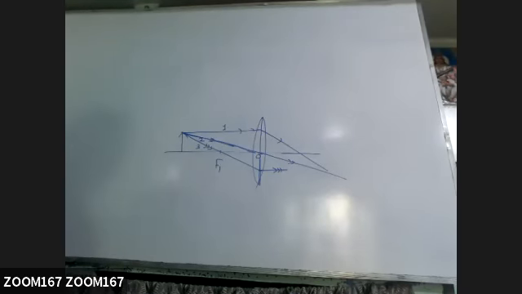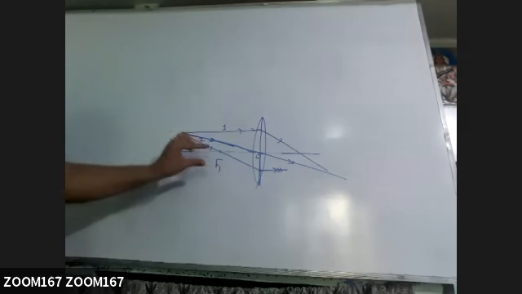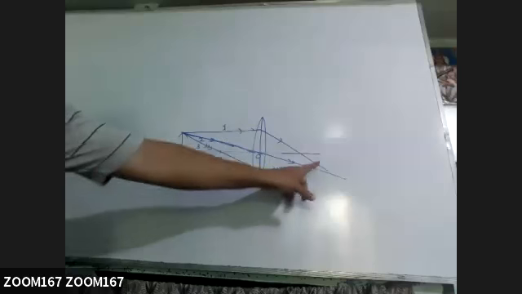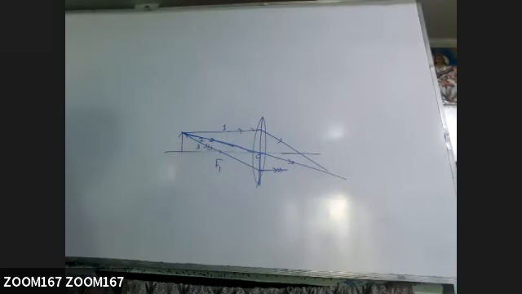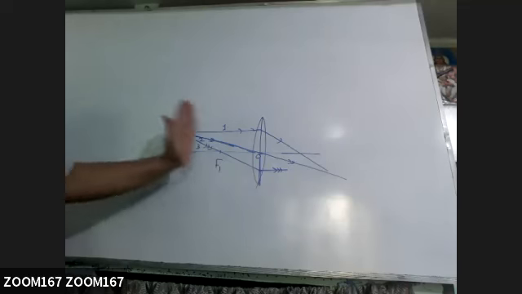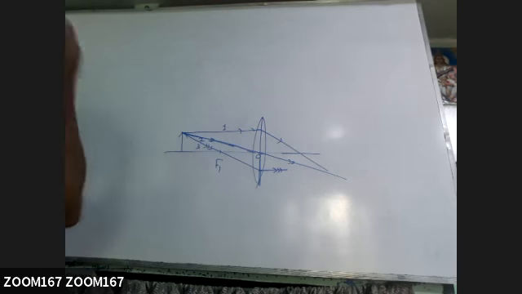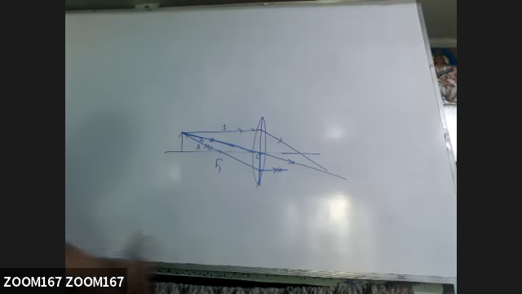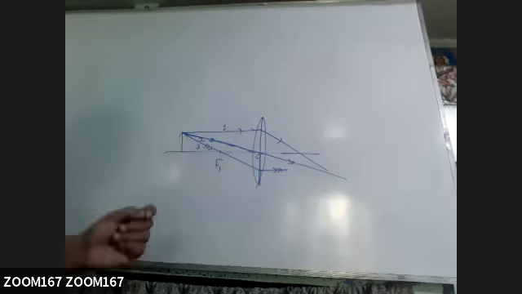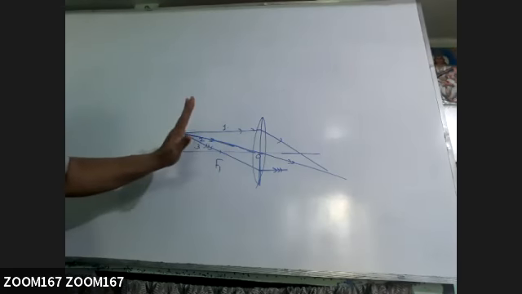To draw the position of image, practically all three rays will converge at only one point. If you draw in a nice way on proper scale, all three rays will converge at the same point in case of convex lens. So these are the three rays which we must consider, and these three we call principal rays. To draw the ray diagram to get the position of image, nature of image or size of image, we have to take any two rays.